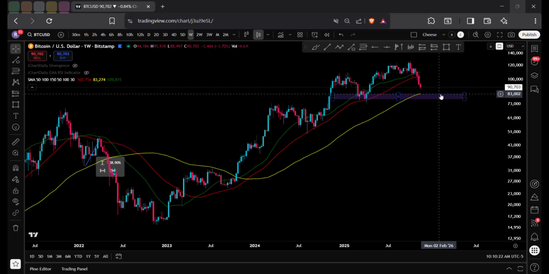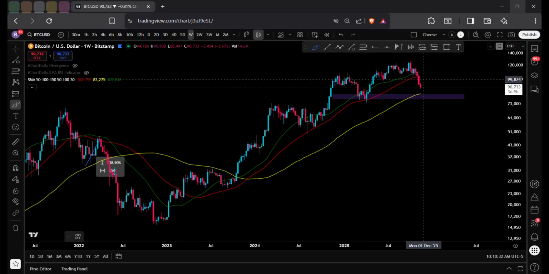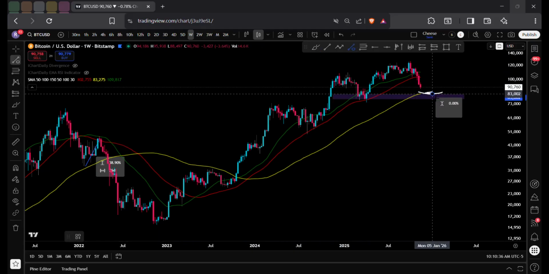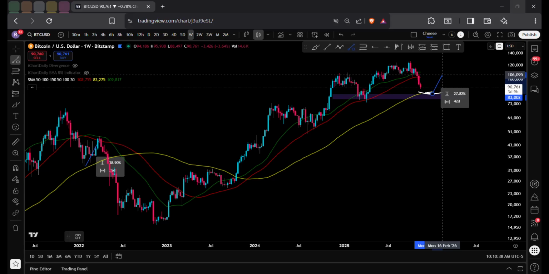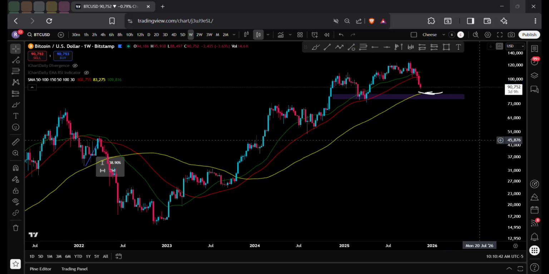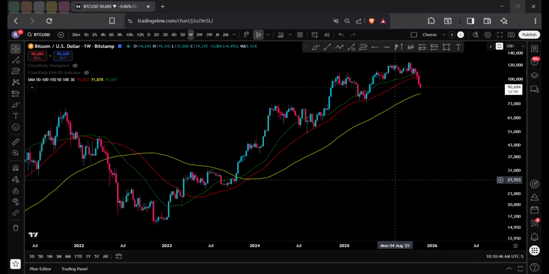If we come back down to the 78 to the 83 and we start seeing some hidden bullish or bullish divergence on at least the 12-hour, the daily, or the 2-day, then I could confidently say we are forming this bottom, and then we'd have room to go from this level back to the moving averages of a cool 25 to 34%. During that time, the news is going to tell you we are back into a bull market, but